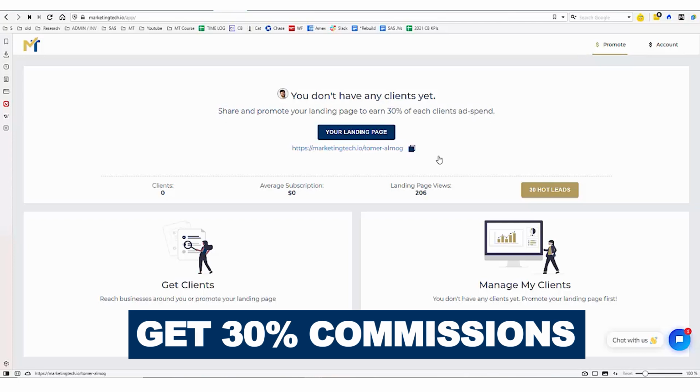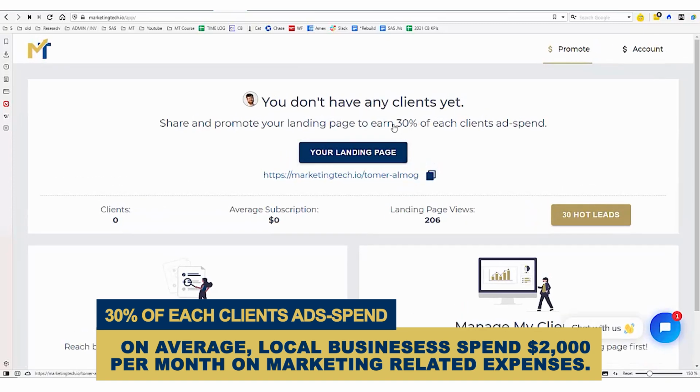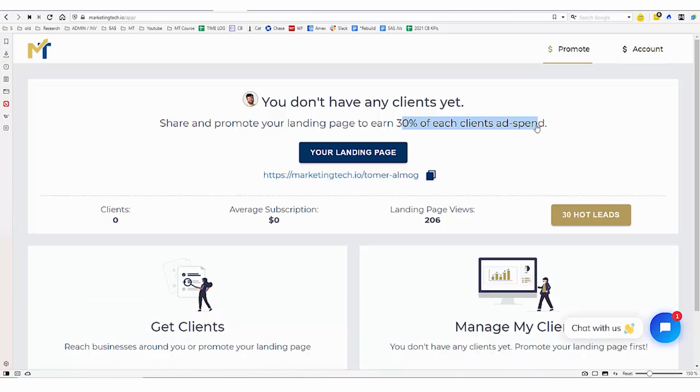There are higher tiers where you can earn more commissions and get more resources, get your own custom domain, etc. But if you're just on the free tier, you will earn 30% of whatever local businesses spend on advertising. So that can be a lot of money. The average local business spends about $2,000 a month on marketing related expenses, whether that's sponsoring a magazine or sponsoring a local little league team or whatever. They might not call it advertising, but they're spending $2,000 a month on marketing related items. So you could get 30% of that, and all you need is a few clients and you've got your recurring